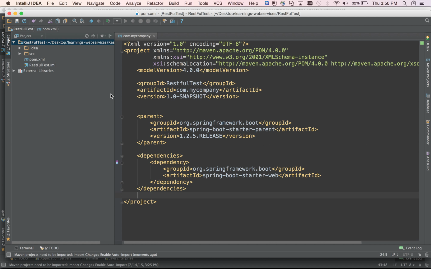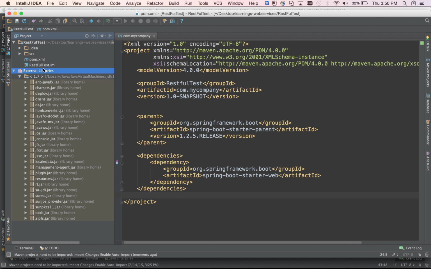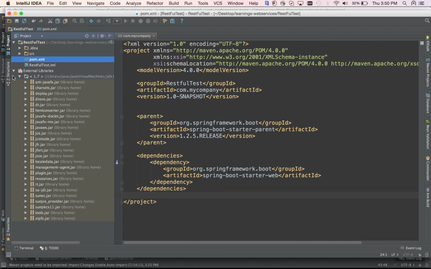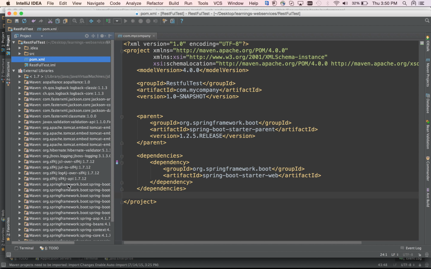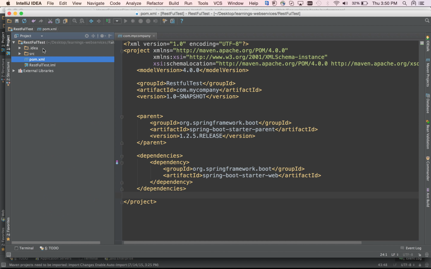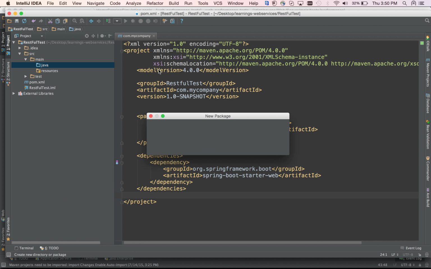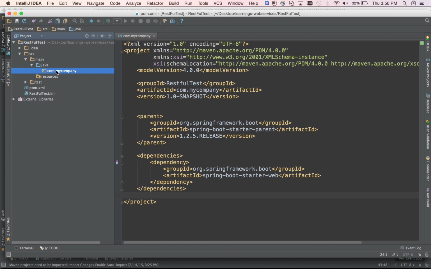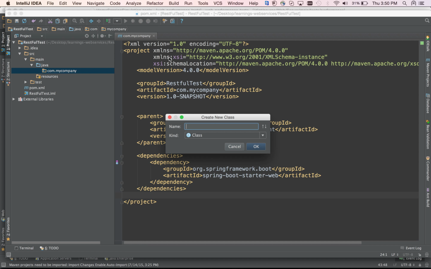You can just define these dependencies. When these dependencies are defined, you can check the external libraries for the dependencies which have been imported. If they are not there, just right click on the pom.xml and see whether the dependencies are imported or not. These are the Spring Boot main base dependencies which are imported over here. We'll just go and create a package com.mycompany,